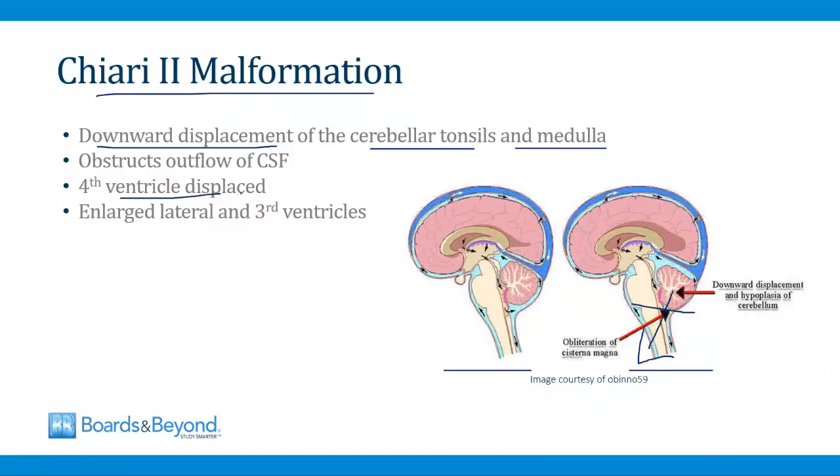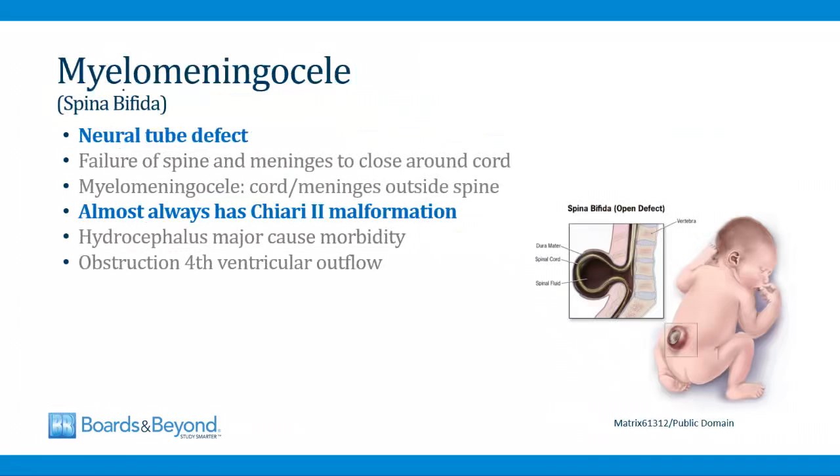Usually the fourth ventricle is displaced by the malformation, and there's buildup of CSF behind the cerebellum, and this leads to enlargement of the lateral and third ventricles. And I talk about Chiari 2 malformations in more detail in the video on congenital neurology. In the video on congenital neurology, I talk about